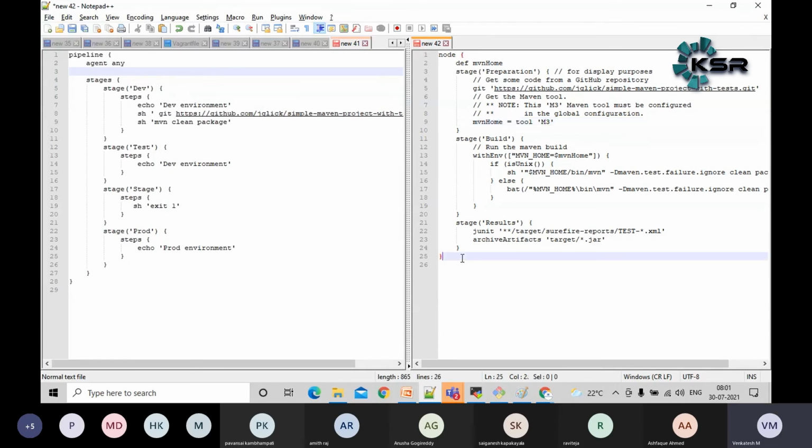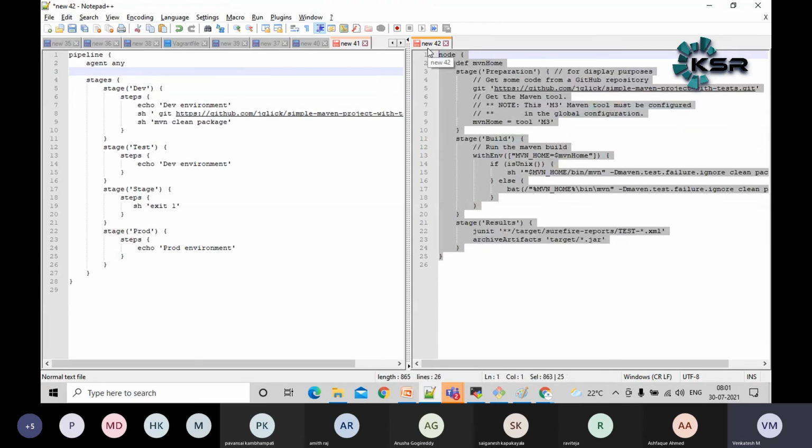The only advantage of the scripted pipeline over declarative is that you can create your own libraries. If you have some repeated modules, you can create your own Groovy module and include it in your script. Apart from that, concept-wise everything is the same.